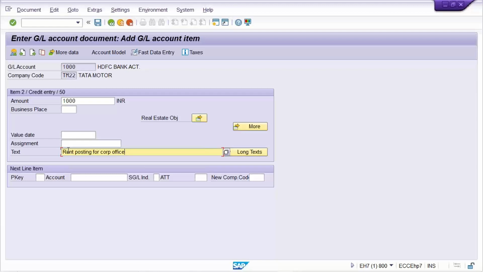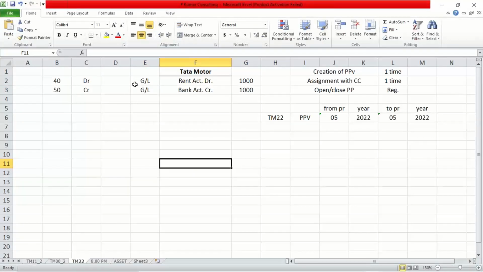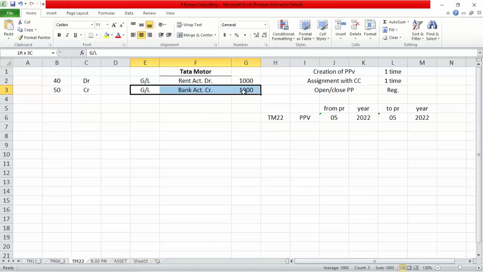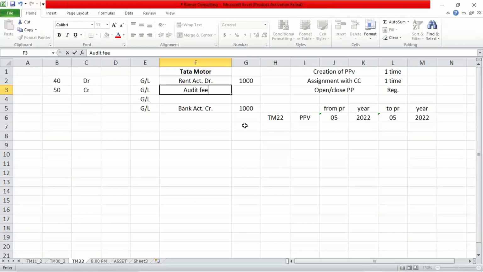There will be a complex entry also. Complex entry means in a single transaction itself multiple things can be posted. I'll tell you now. Let's suppose we have spent a certain amount in the form of rent expenditures, right? Then another GL will also come into the picture. Audit fee, let's suppose. So we have paid audit fee